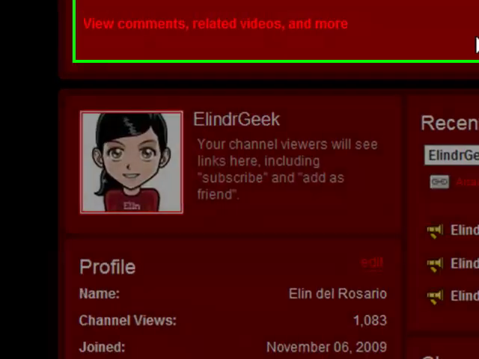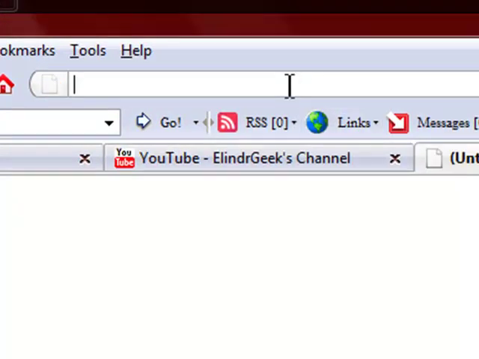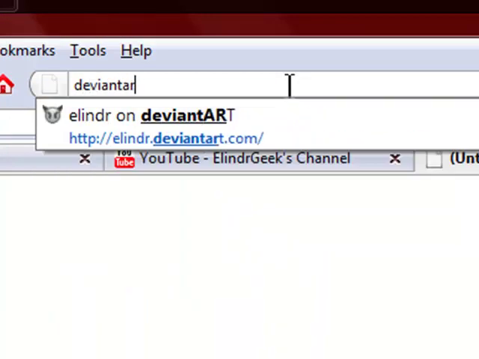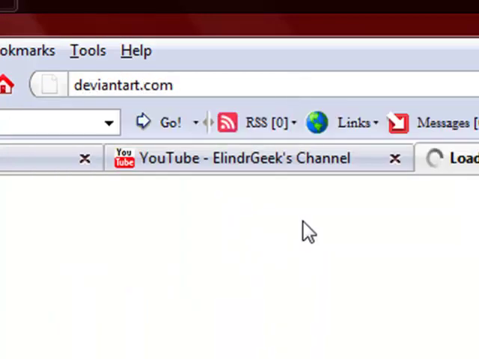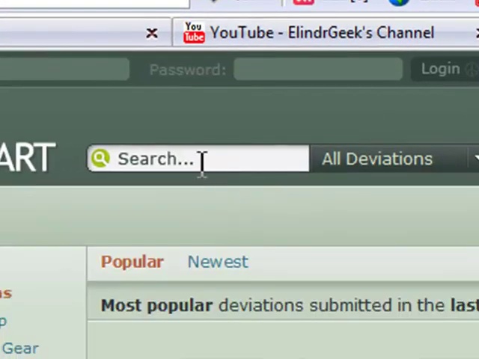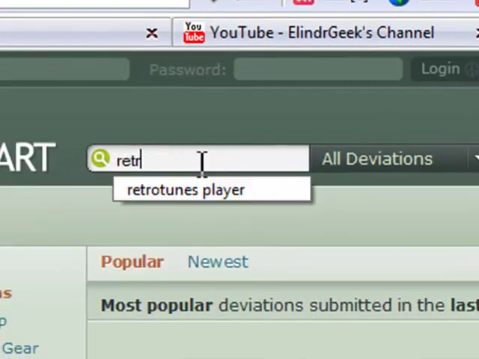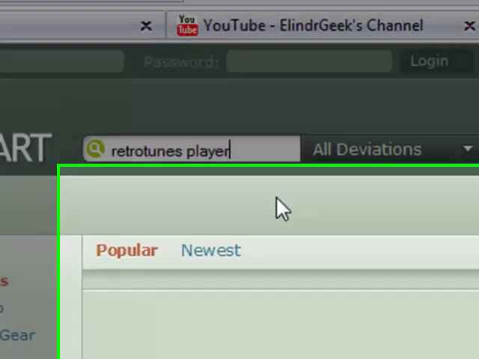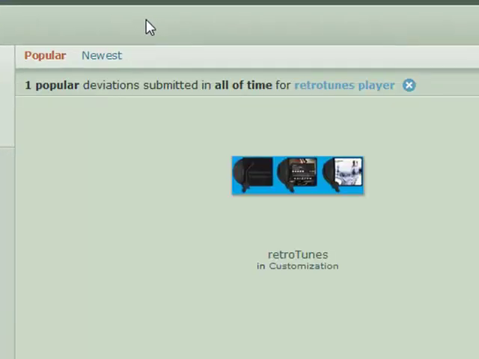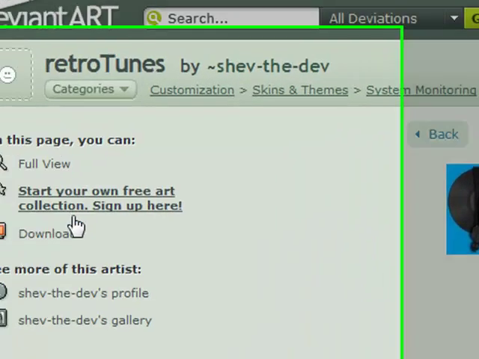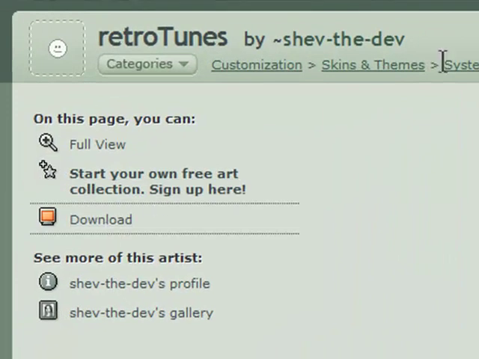I'm going to show you how to put the RetroTunes player in your Rainmeter on your desktop. So first, let's go to deviantart.com and in the search bar, type RetroTunes player. There is only one RetroTunes player deviation, so just click this and next click the download link,